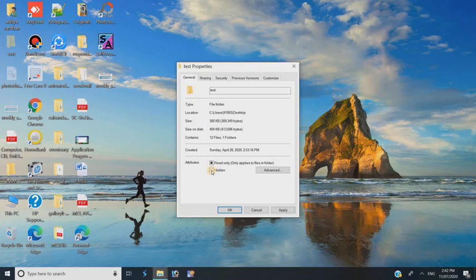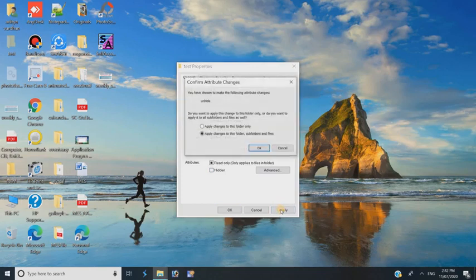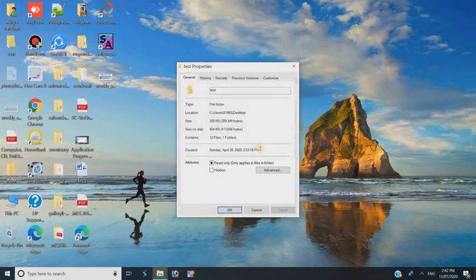Hidden box, because this box is treated as a toggle box. Clicking once will make it active, clicking again will make it inactive, means clicking again will remove the tick mark from the Hidden box, and if you click here the tick mark will be present. So I have to remove the tick mark from this place, so click here again. Now the tick mark from the Hidden box has been removed, and after that I have to Apply. Now the attribute of the file has been changed. Now it is an unhidden folder.